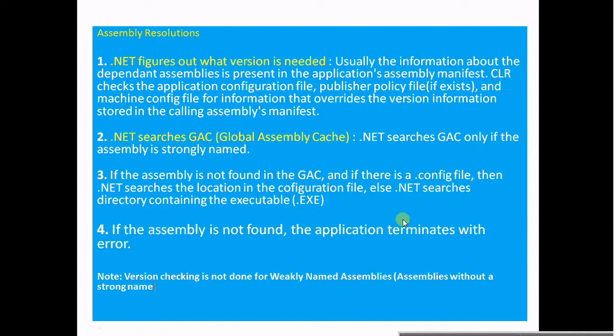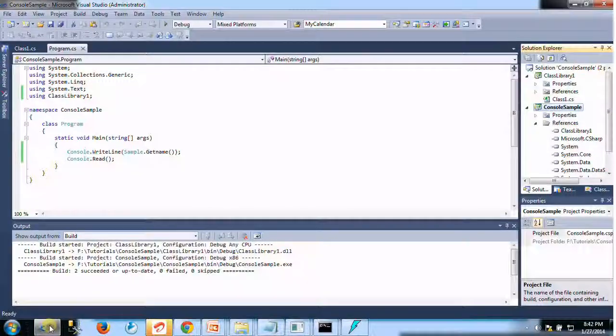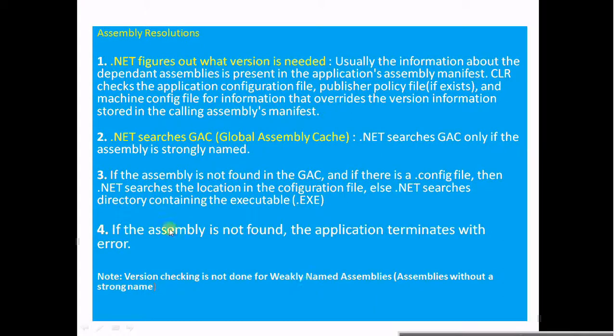The next step is that .NET looks for the assembly in the GAC. But our assembly is not a strong-named assembly, so it cannot be stored in the GAC, and .NET doesn't bother checking the GAC.